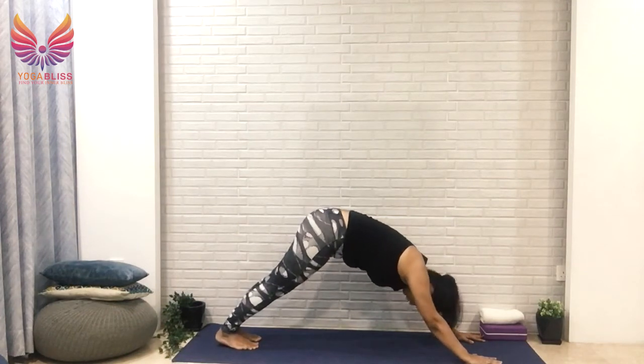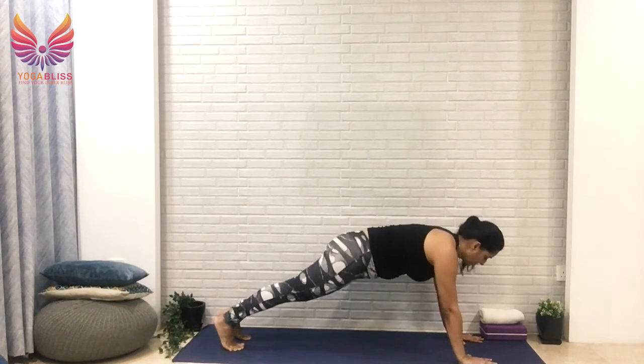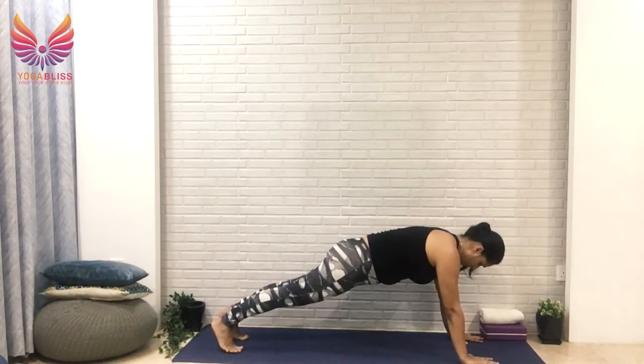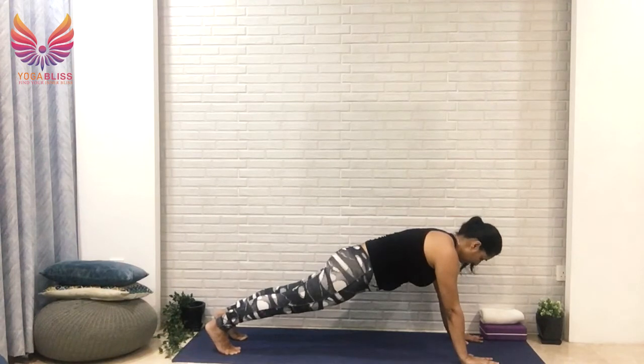Okay, from downward dog, let's get into plank. Let's do one core strengthening posture. So plank, check your wrist under your shoulders, your fingers are wide open. Okay, you're pressing into your palms and make sure you're not putting all the weight forward on your wrist. Take the weight back, engage your quads, engage your thighs, engage your core, sending your heels back